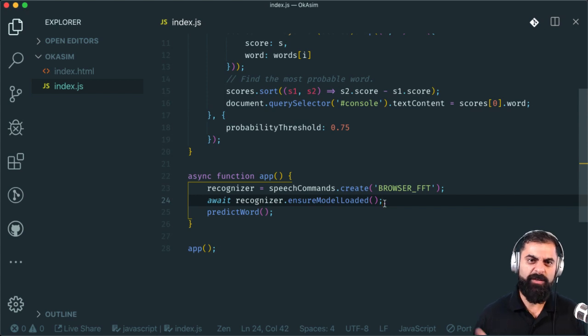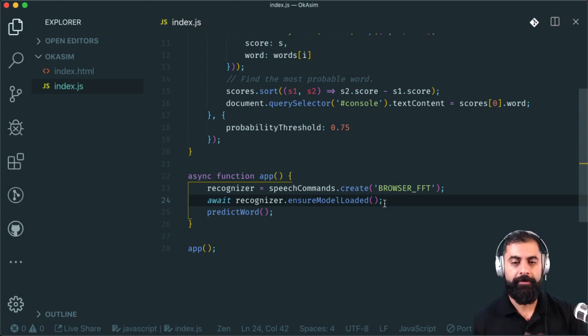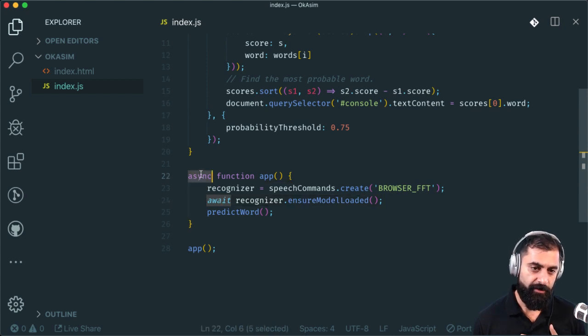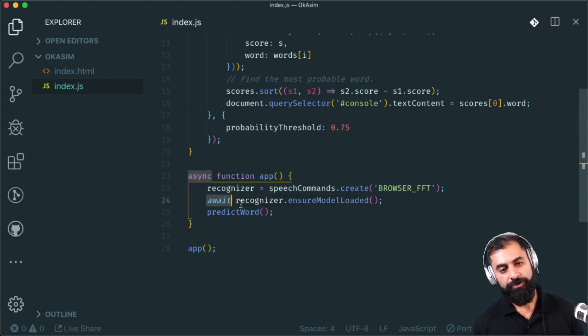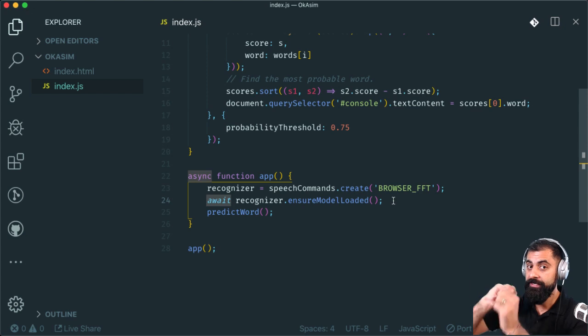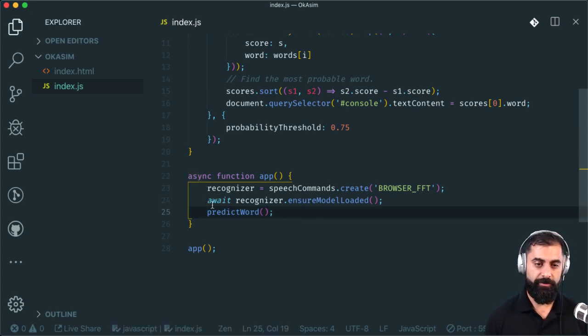We never wanted JavaScript to wait for anything, otherwise the browser would lock. But now we have async await. If there's an async on a function, you can do await, and this will literally pause on line 24 and wait for everything to be loaded and complete, and only then will it move to line 25. So that's what this await is doing.